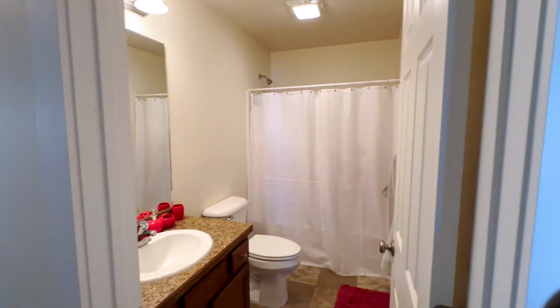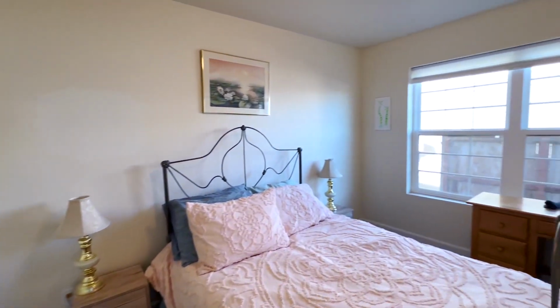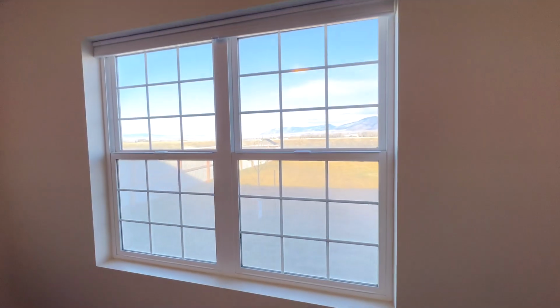Now we've got our second bathroom right here in the hallway as we head towards that second and third bedroom here. So there's one right behind me here that kind of faces to the side of the house. We've got a nice hall closet for some storage, of course. And then this third bedroom is a really lovely spot because you've got some great windows facing out to that